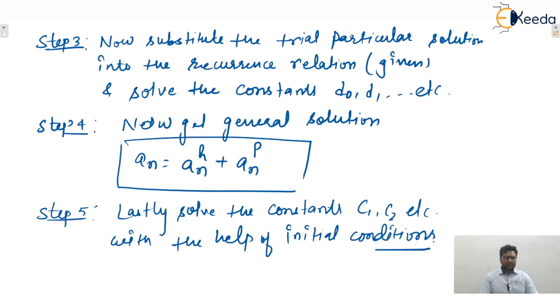We will take 2 or 3 examples based on these inhomogeneous LRCCs, and you will see the method is very simple, isn't it? That is a predefined method, and these steps are to be applied, and after that you will get the required solution. No problem at all. So let us take 1 or 2 examples based on inhomogeneous LRCCs. We'll see one by one.